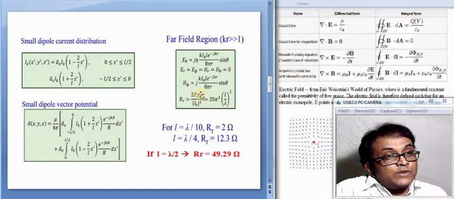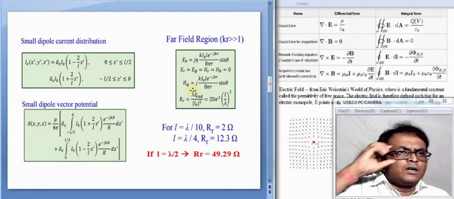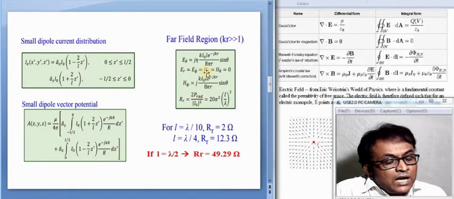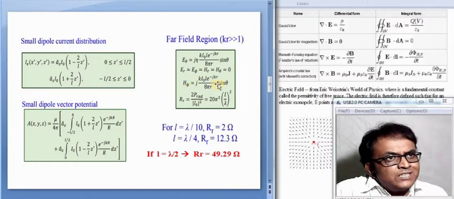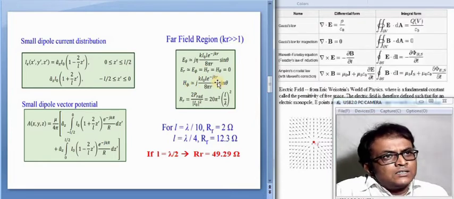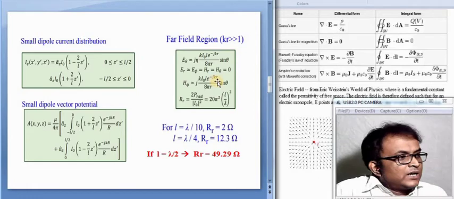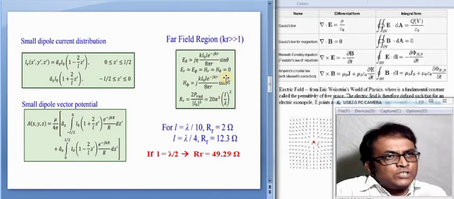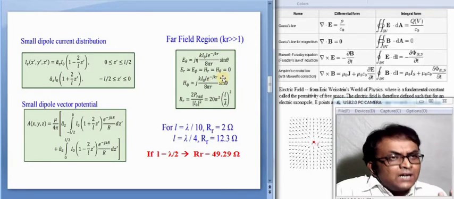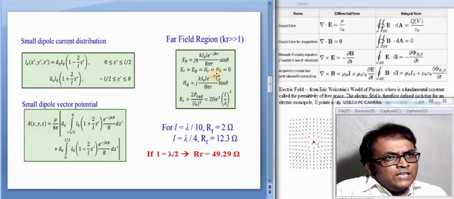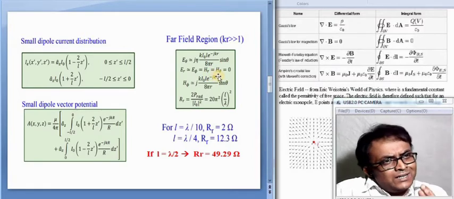Of course, this is a far field pattern, because from the magnetic vector potential we can find out the H phi, that is the azimuthal direction of the magnetic field. So the other two components of the magnetic field, that is HR and H theta, should be 0, and the other two components of the electric field, that is the perpendicular components of the electric field corresponding to HR and H theta, will survive, and that electric field will be ER and E theta.